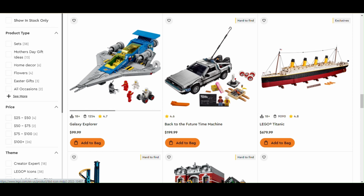looks amazing. I think it's a fantastic deal for the price. I think it's beautiful. It's an absolutely gorgeous Lego set, in my opinion, in every way. In addition to Rivendell, this is one of the more beautiful sets I've seen come out from Lego recently. It's absolutely gorgeous. So I'm going to stop gushing about the Galaxy Explorer here, and move on to the Back to